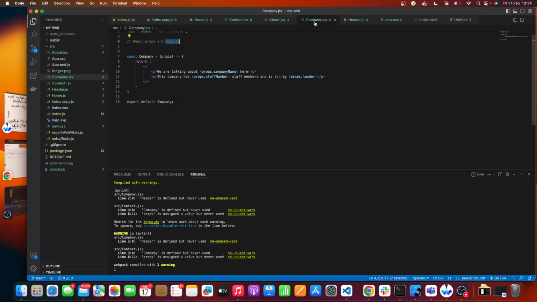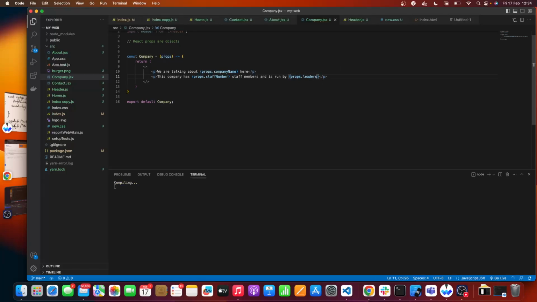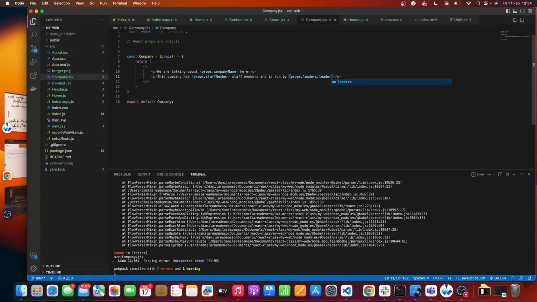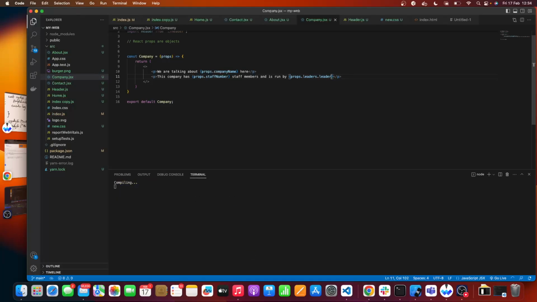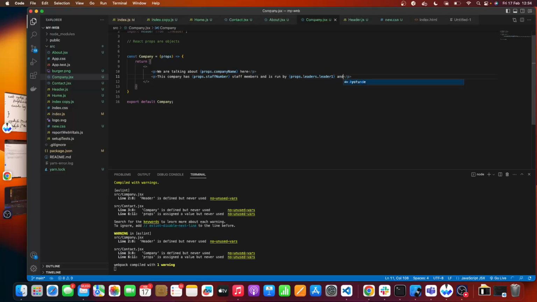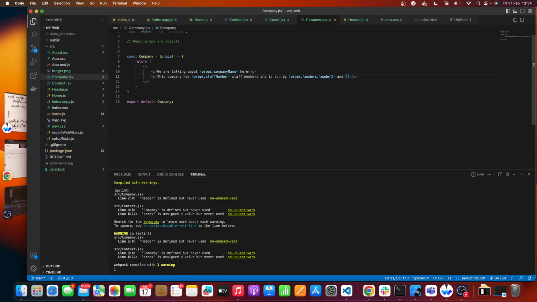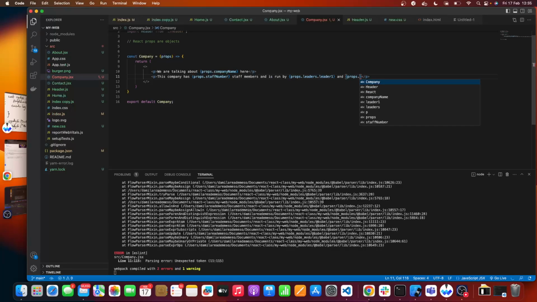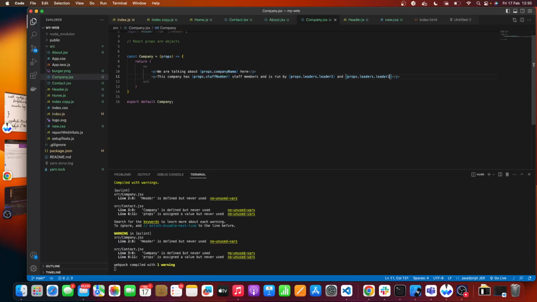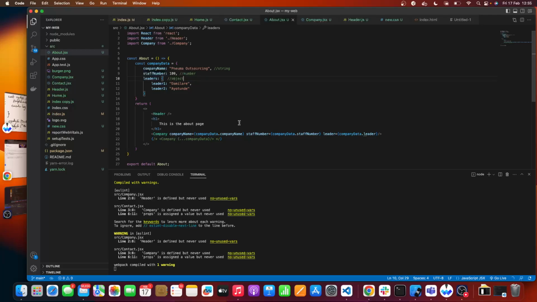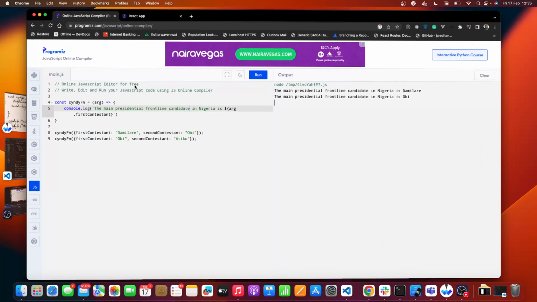Let's go back inside our company component, and where we have the leaders, let's now have props.leaders.leader1. You know props itself is an object, and how do you get the key in an object? You use the dot notation. So you have props dot leaders, take note, leaders, dot leader2. Makes sense? So if you check your about page now,